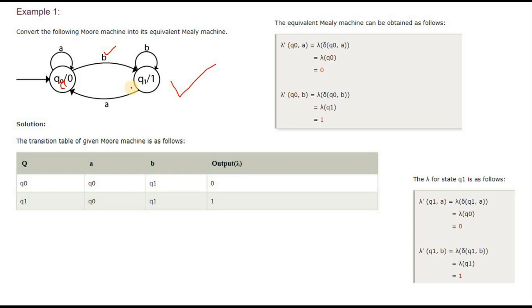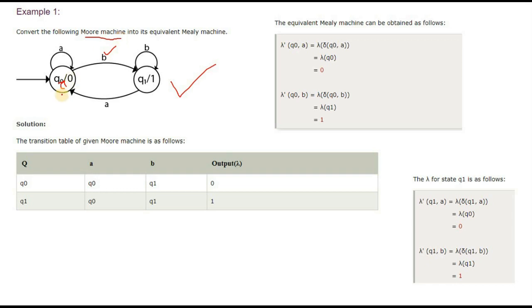This is state Q0, state Q1. The outputs corresponding to that state are represented inside the circle itself. If the outputs are mentioned in such a manner, we can directly conclude this is a Moore machine. Now in the first step, you need to construct